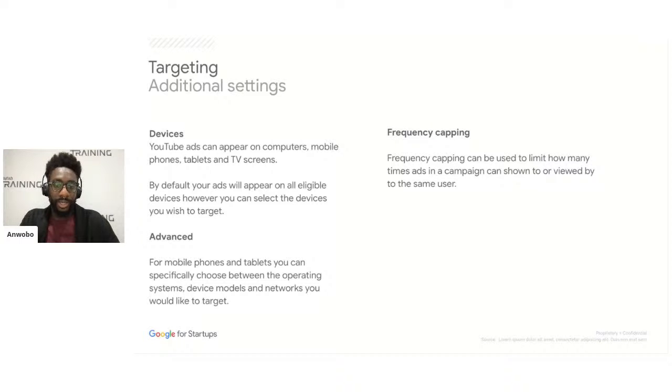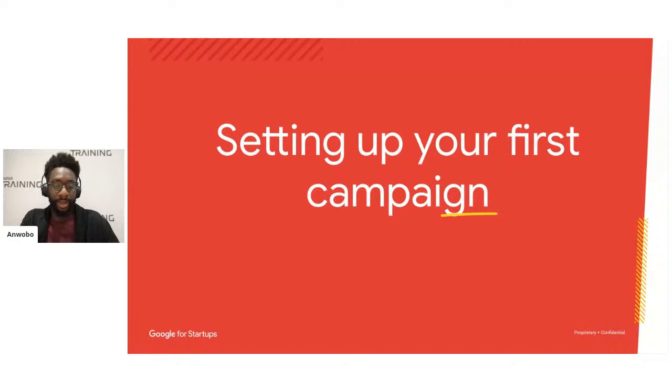In terms of budget, Sadia, we will touch on it as we go through the next section, which is setting up your first campaign. But ultimately, it's such a huge platform that you can spend whatever you like. There's so much inventory, so much opportunity to get your ads in front of users. So it really depends on what your budget is and how much you have available and how much you want to get out there. Like I said, you can get views as cheap as 5 pence a view, maybe even less. So you just have to think, how many views do you want and how does it work for you?